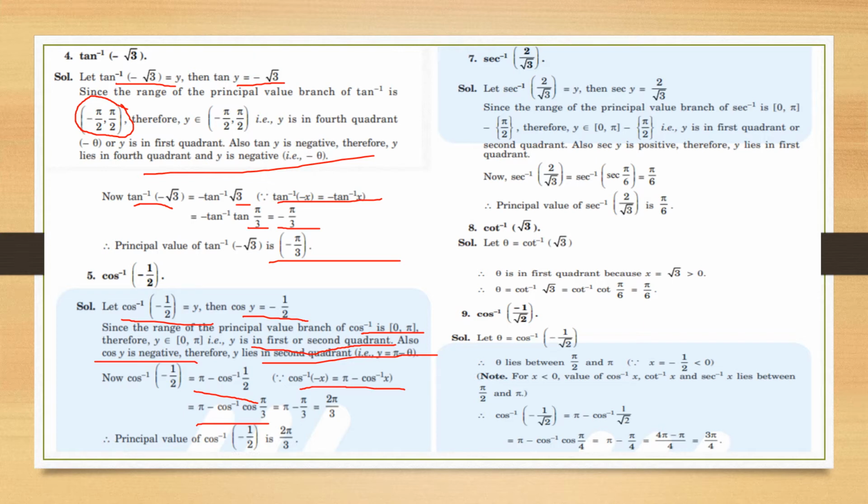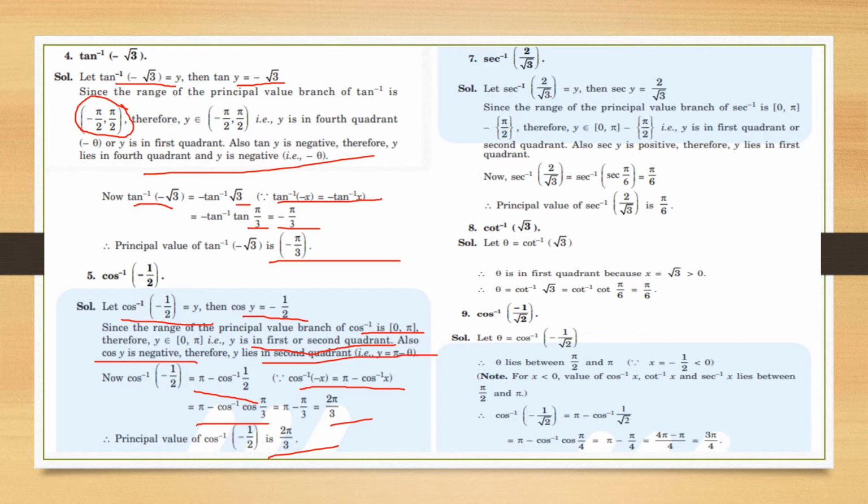So it becomes pi minus pi by 3, which is 2 pi by 3, right? So the principal value of cos inverse minus half is 2 pi by 3. Next, secant inverse 2 by root 3. Okay, so what I should do is let secant inverse 2 by root 3